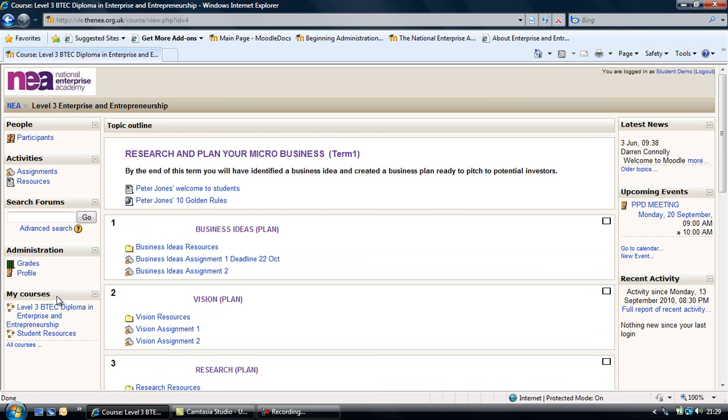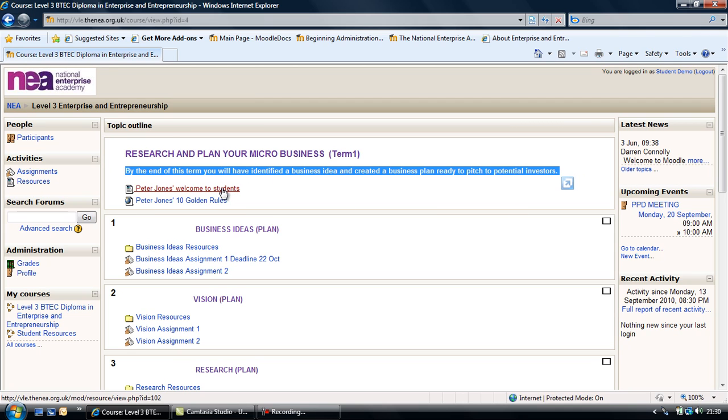as a course, and by the end of the term you will have identified a business idea and created a business plan ready to pitch to potential investors. So this will change each term depending on what you're actually going to do. So term 1 for level 3 is planning your business, term 2 is setting up your business, and term 3 is growing your business. We also have the Peter Jones